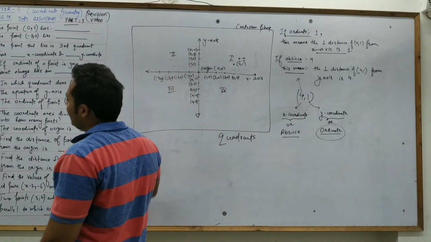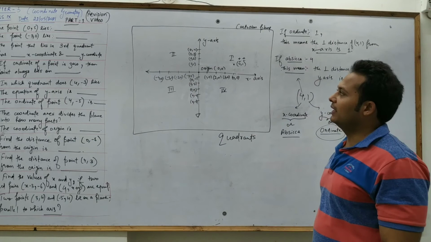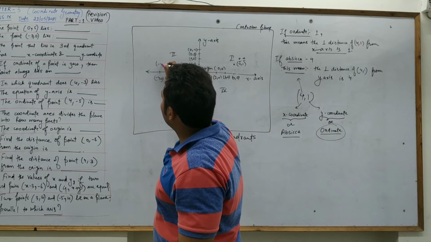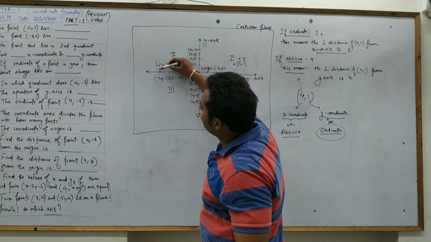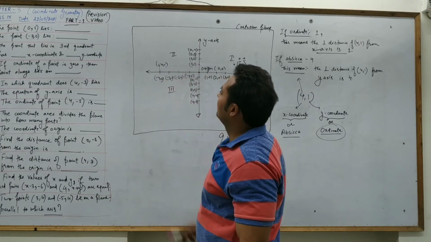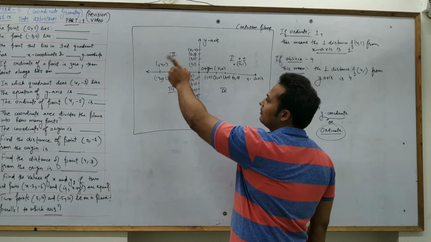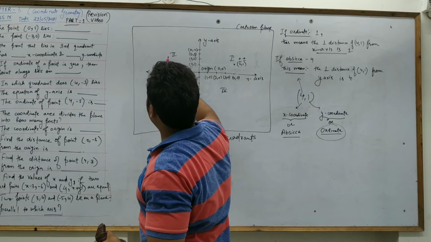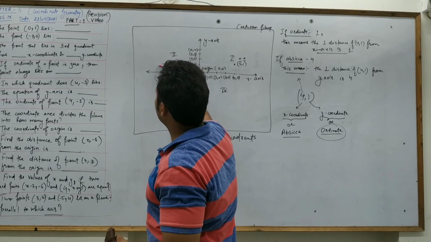The point that will lie in the second quadrant will have its x coordinate negative and y coordinate positive. Likewise, this point is (-4, 1). This point has perpendicular distance from the x-axis equal to 1 and from the y-axis 4. But it's on the left-hand side of the origin, that's why we will represent it as (-4, 1).